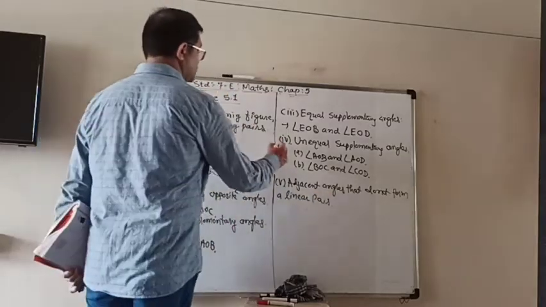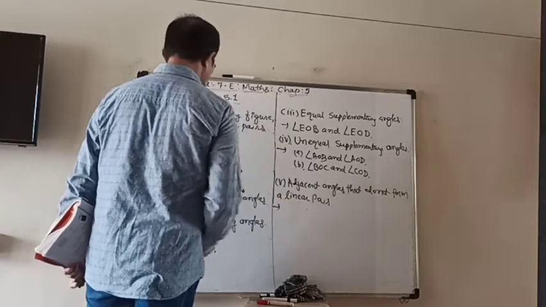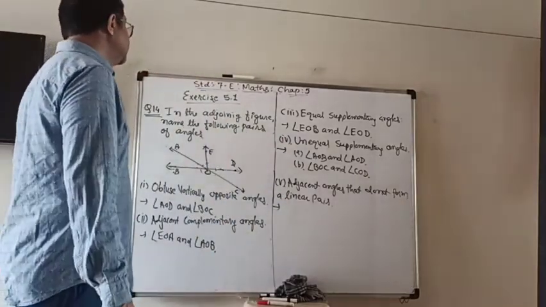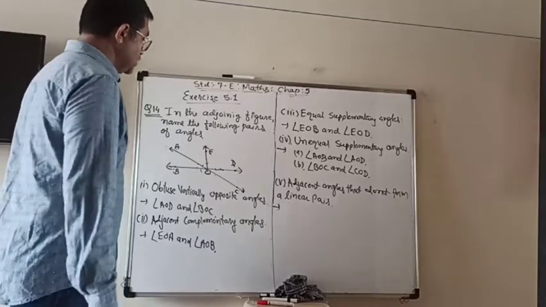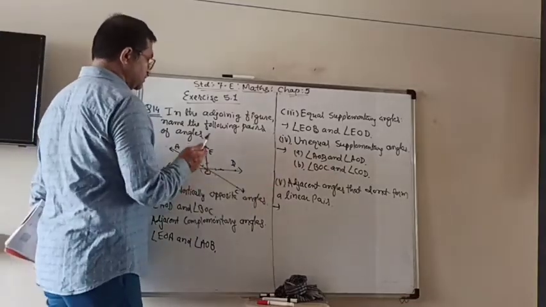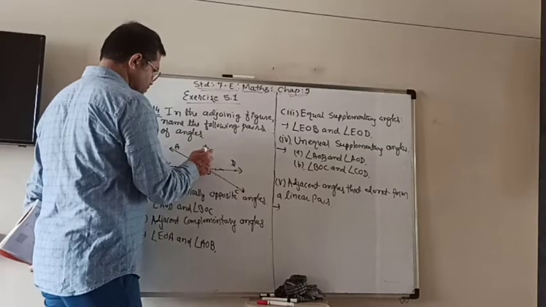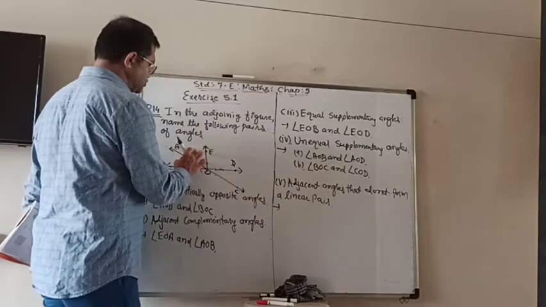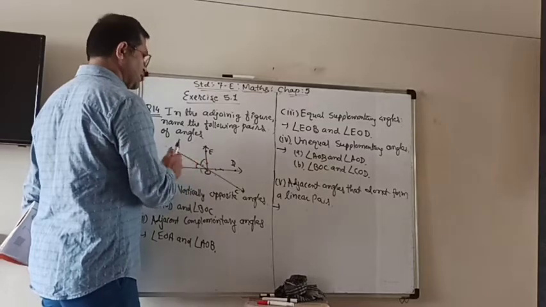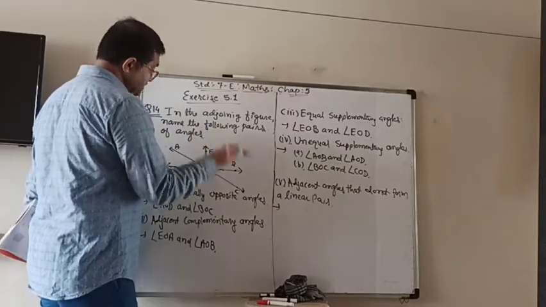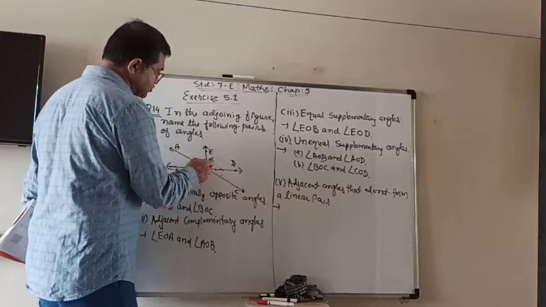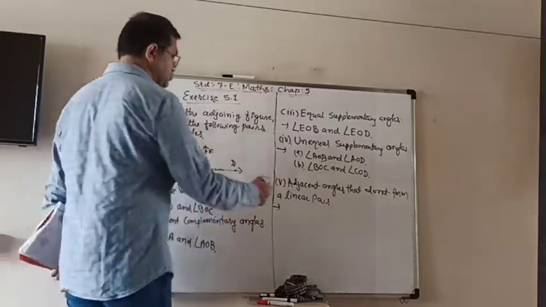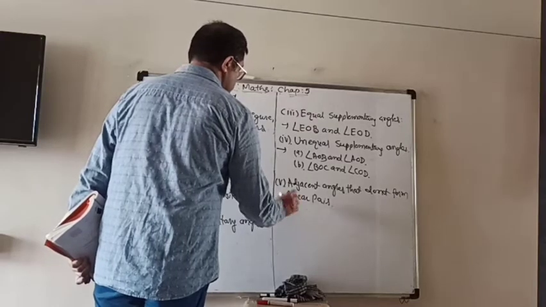So now, adjacent angles but don't make the linear pair. So you can see that here you can take this also, that they are adjacent angles, just two angles and not making linear pair. Similarly you can take those two angles also, they are adjacent but not making linear pair. So here also you will get two different answers.